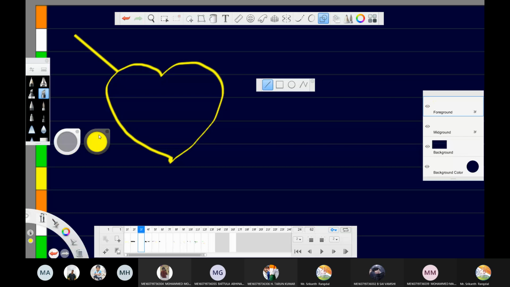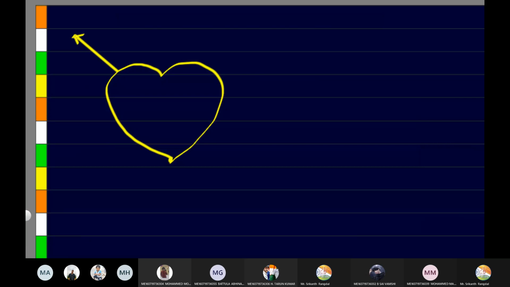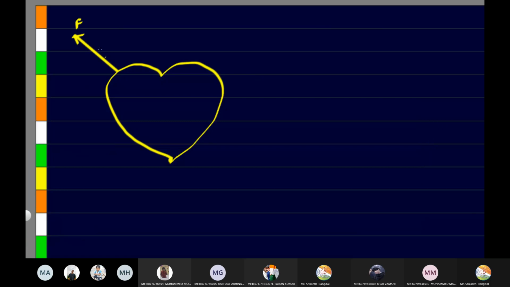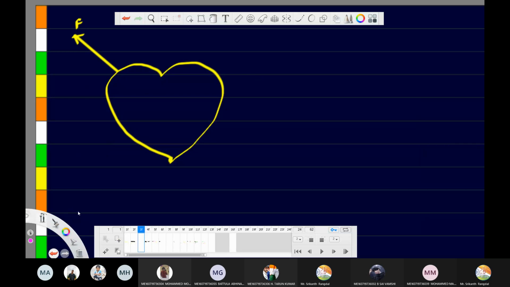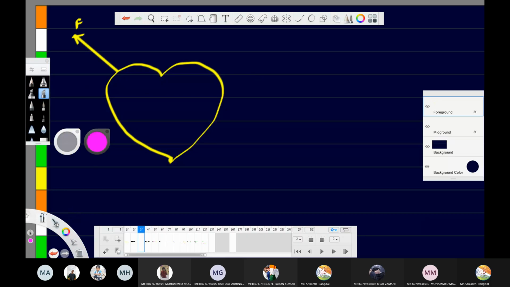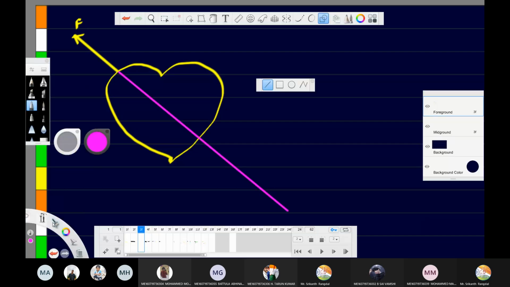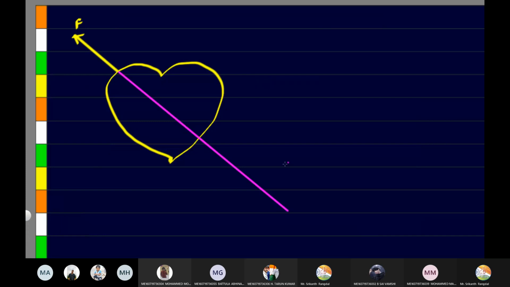So you all remember this diagram and what it means. Fine, I don't have to tell you. So let us say there is a force here, F. Okay, so the law of transmissibility tells us that we can transfer that force anywhere on the line of action. This line is called the line of action.